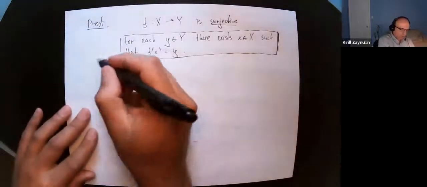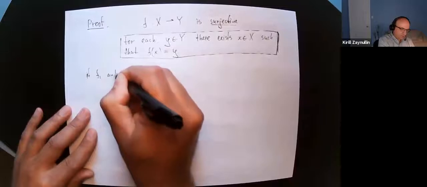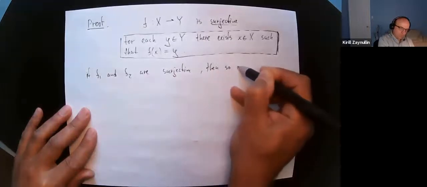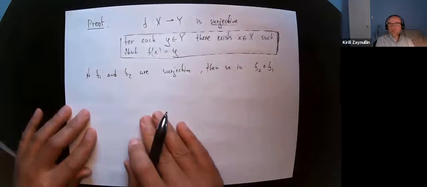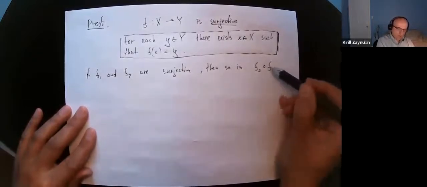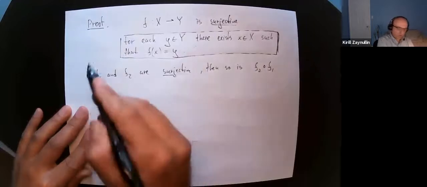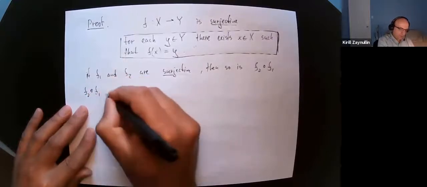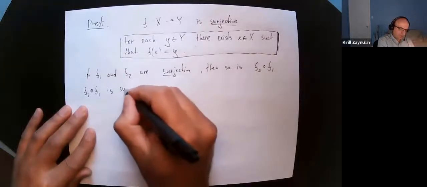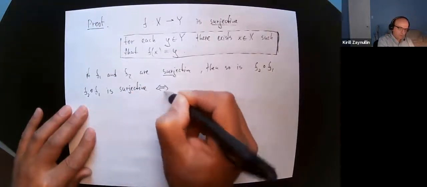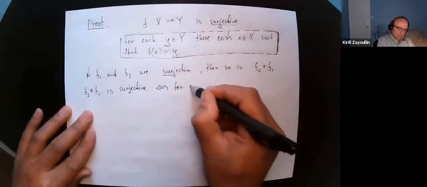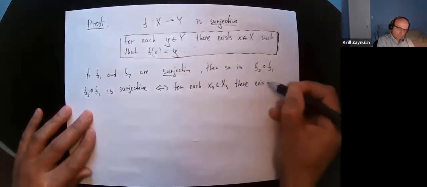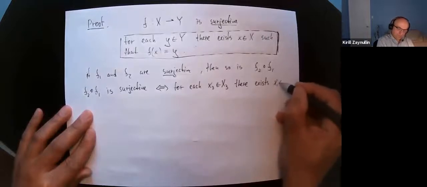So suppose we would like to show that if f1 and f2 are surjective, then so is their composite. How do we do this? Just carefully substitute this condition of surjectivity into this description. Let's look at the composite. We claim that f2 composed with f1 is surjective, meaning that we would like to show that for each x3 from X3, there exists an element x1 from X1 such that